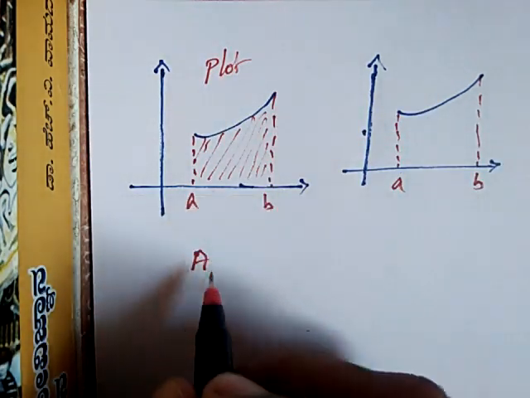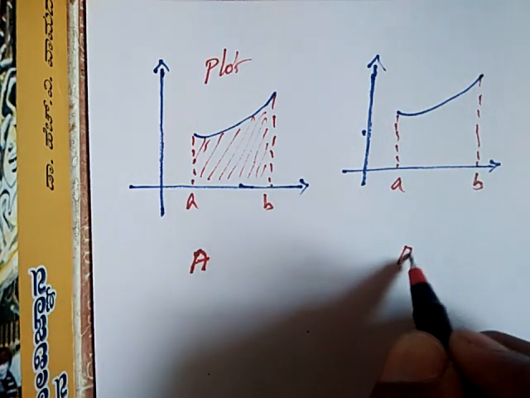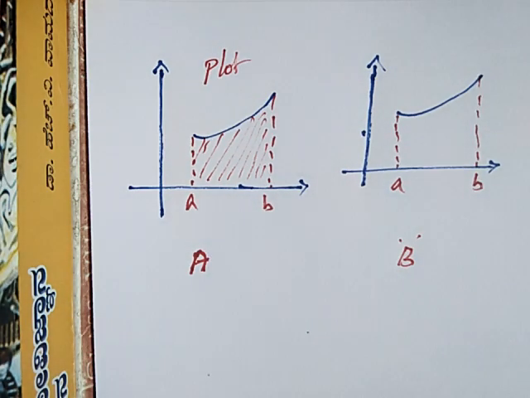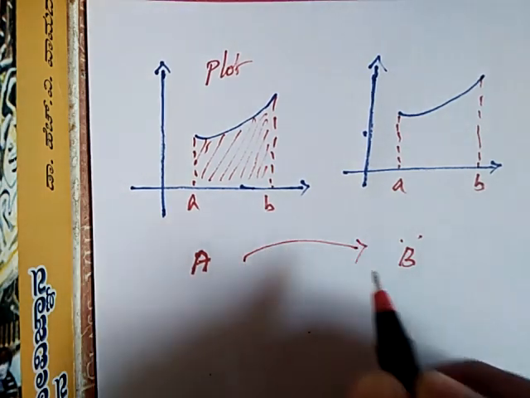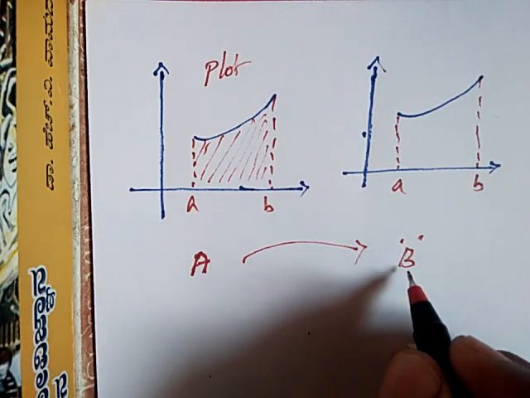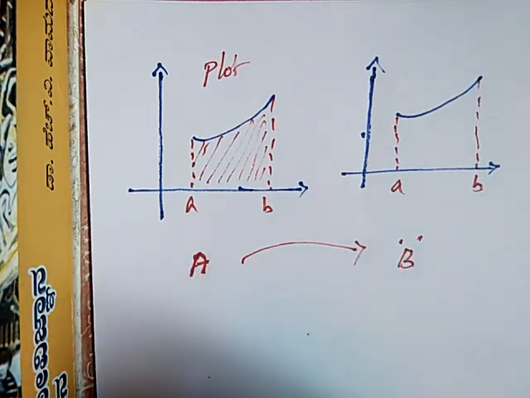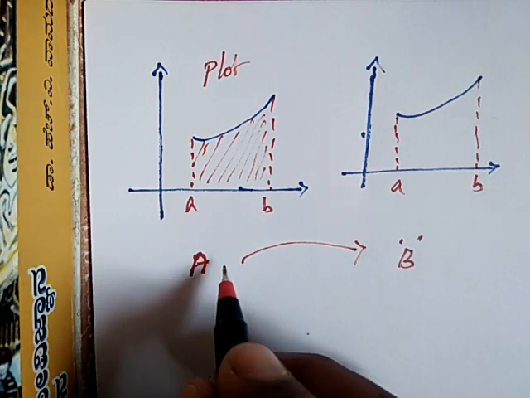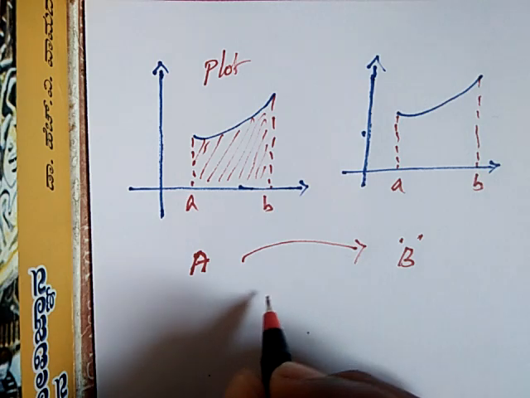So this plot belongs to person A and he is selling this plot to B. Suppose you are selling this plot to a person whose name is B. A person is selling the plot to person B. So to sell this plot, A must tell